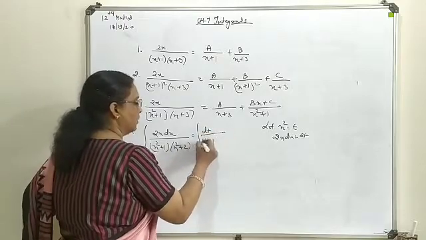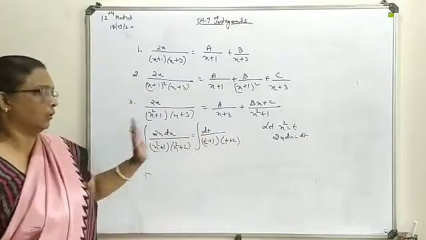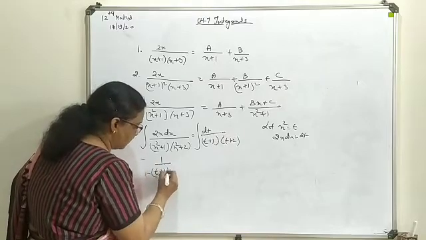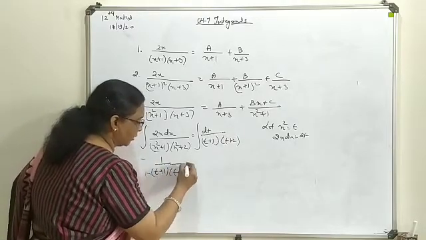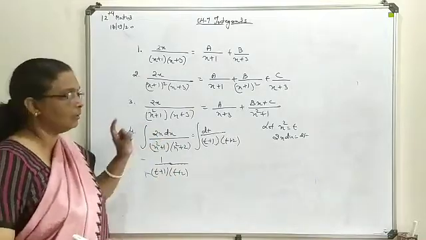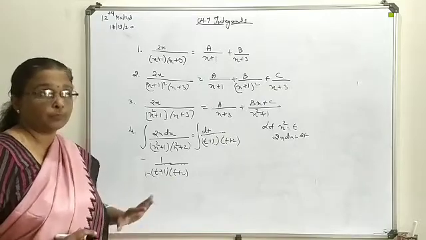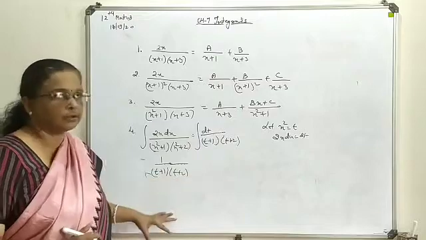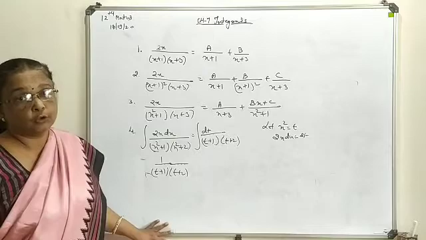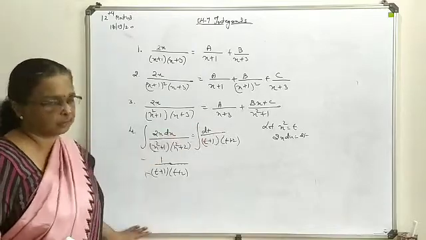So totally the question frame will be changed here as dt. This is t plus 1 and this is t plus 2. Now your question is turned into the form of t. Now in order to that we will introduce constants on the basis of linear combination. Now you will integrate in terms of t only and at last this t you will write in terms of x to have the final answer form. But make sure that your whole solution is going to be right in the form of t only. Don't introduce x in between the solution. At last only substitution will be required.